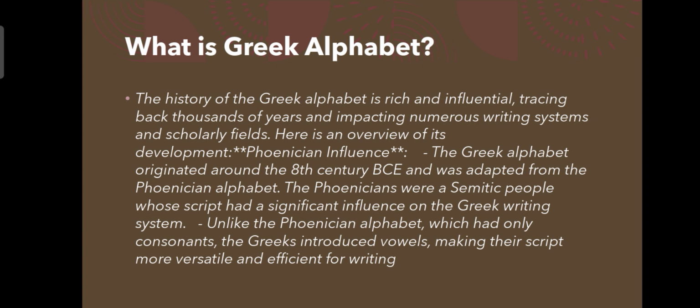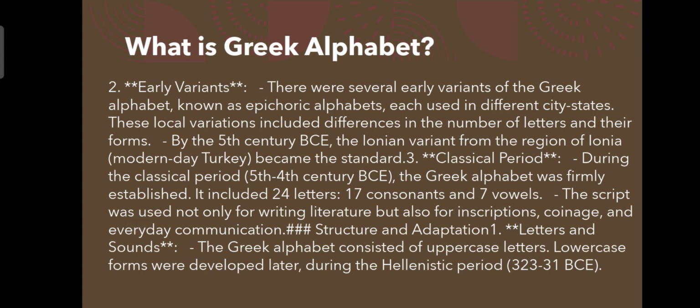Phoenician influence. The Greek alphabet originated around the 8th century BCE and was adapted from the Phoenician alphabet. The Phoenicians were a Semitic people whose script had a significant influence on the Greek writing system. Unlike the Phoenician alphabet, which had only consonants, the Greeks introduced vowels, making their script more versatile and efficient for writing. Early variants. There were several early variants of the Greek alphabet known as epichoric alphabets, each used in different